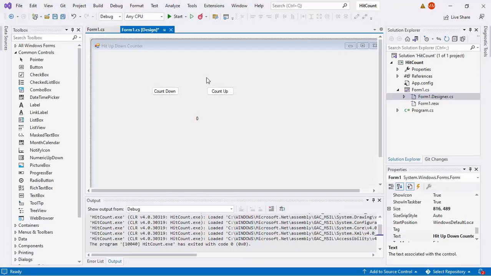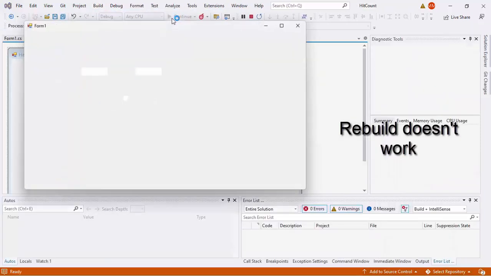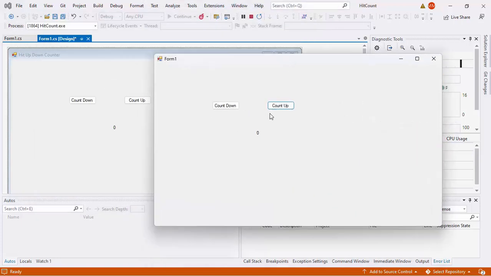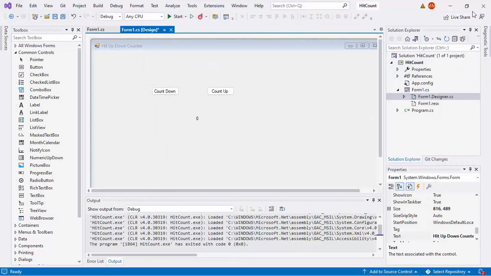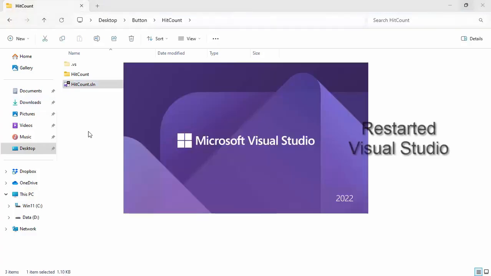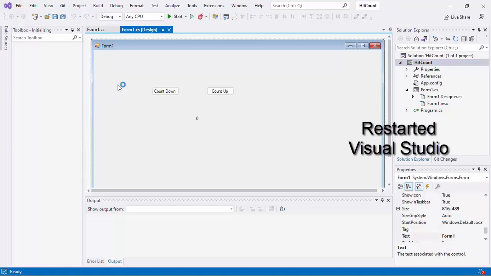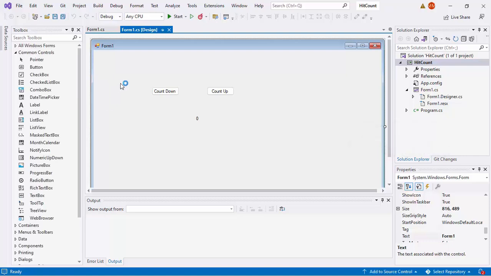How come? So why just now the form 1 caption didn't get updated?